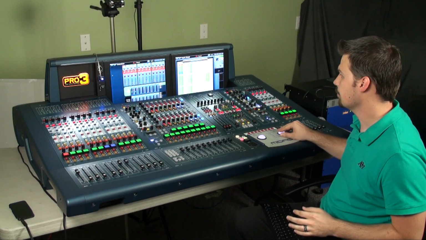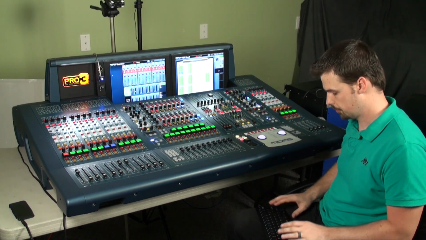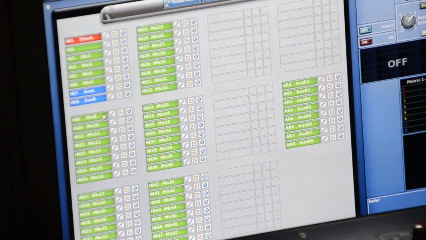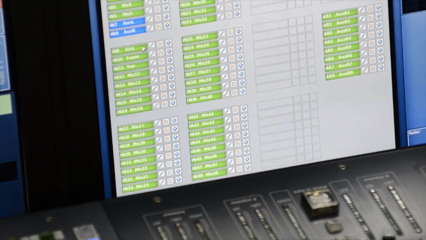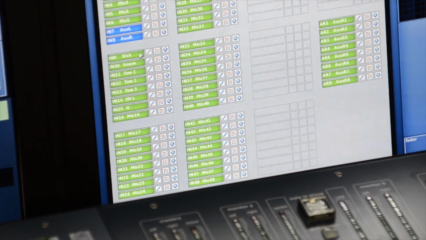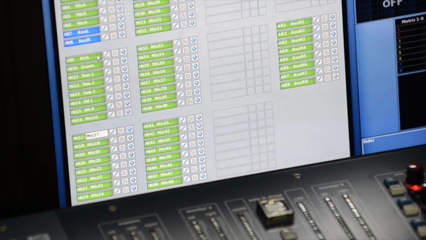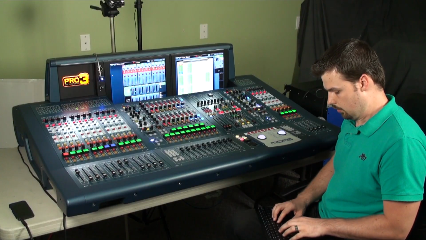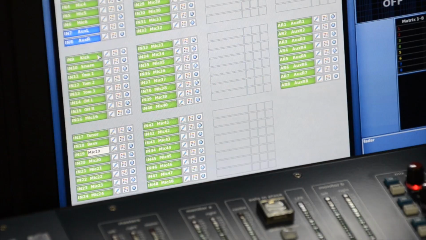These are just going to be dummy channels so we have some understanding of how we can group these with VCAs and pop groups. So I'll start here with input number 9. We'll go kick, snare, tom 1, tom 2, tom 3, overhead left, overhead right. And then say I've got 4 microphones for a choir, so I'll label them tenor, bass, soprano,